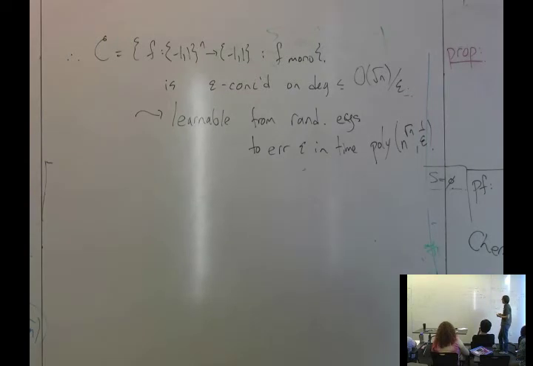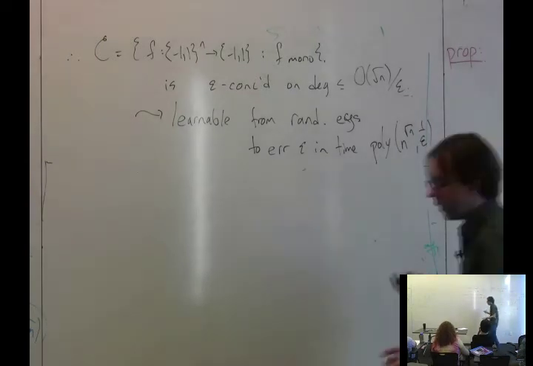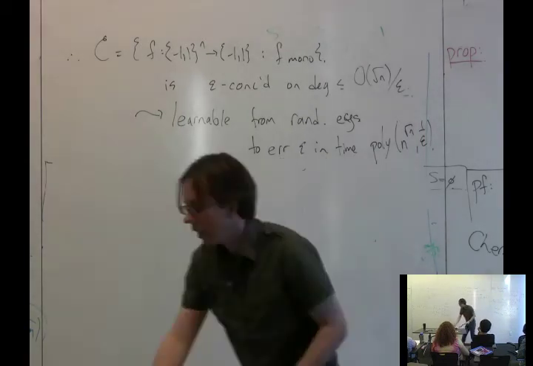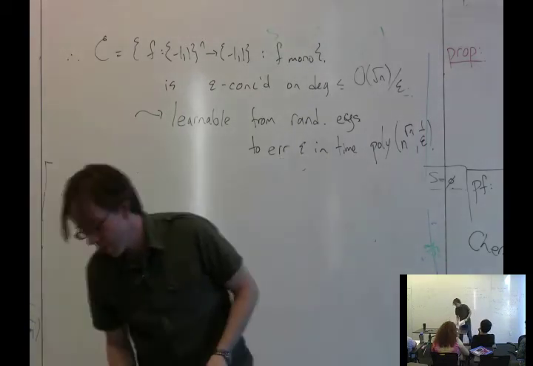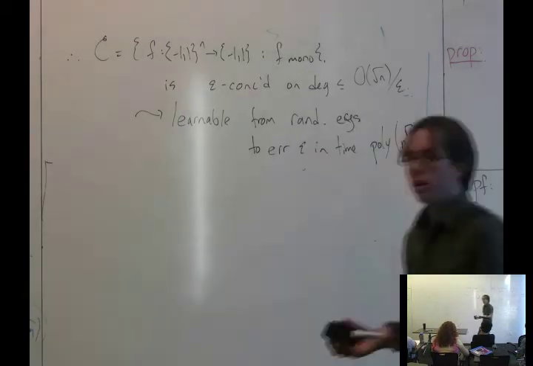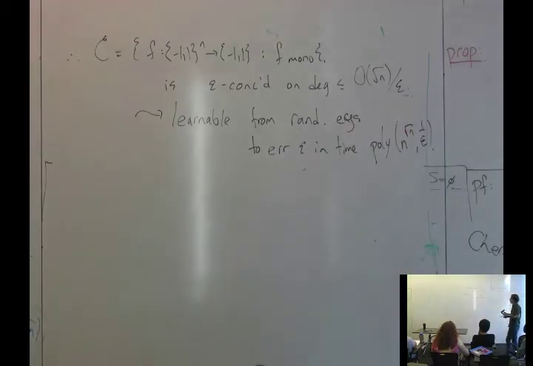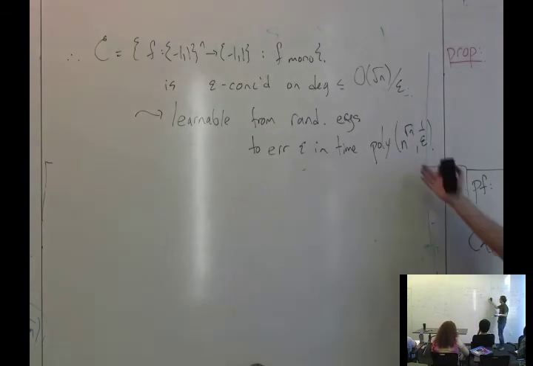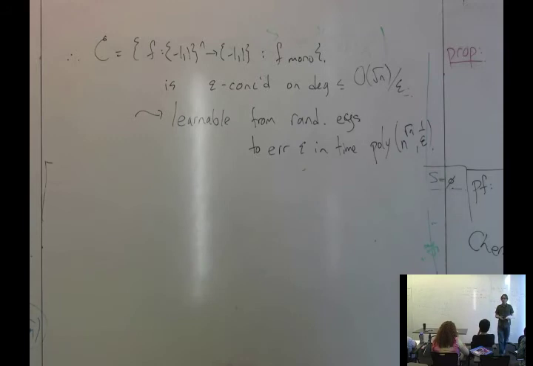Sub-exponential time is even interesting because, as we'll see next time, there's some connection between learning and cryptography. In cryptography, they're kind of the opposites of one another. You have some unknown function or one-way function, and you're hoping that it can't be learned efficiently from examples. In cryptography, they're really paranoid, so they want to make sure all their problems are really, really hard to solve, like 2 to the n time. And this shows that you can do something interesting in time much less than 2 to the n for